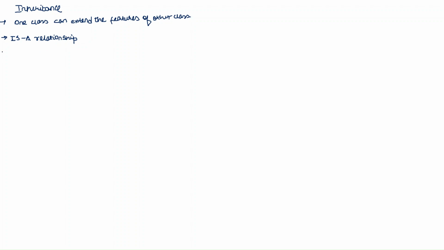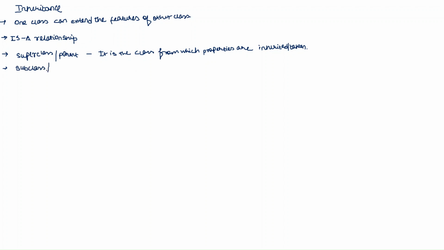So basically, there are two classes here in play. One is a superclass. People also love to call this as parent class. Now, this superclass is the class from which properties are inherited or properties are taken from. Now, there is another terminology which is a subclass or a child class,